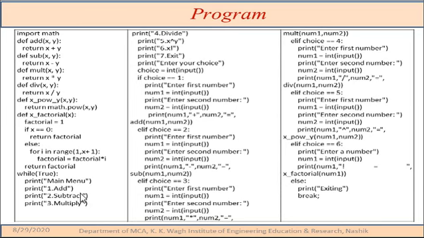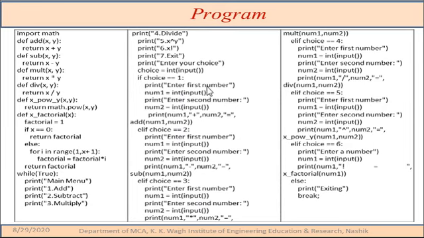In that menu I have included all the operations we want to perform in the program: addition, subtraction, multiplication, division, then power and factorial. Then I take the choice from the user: enter your choice. Here I am going to demonstrate how to implement the switch statement, as switch is not supported in Python, so we have to take help from the if statement. If choice is 1, what will happen? If choice is 2, what will happen? Similarly, I have written the program for up to 6 choices.